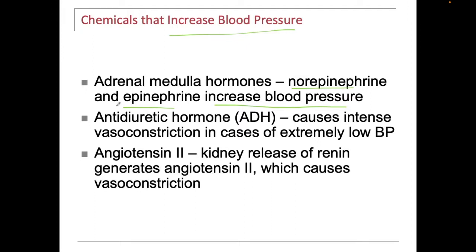Now, the hypothalamus produces ADH, and it's stored in the posterior pituitary, antidiuretic hormone. That causes intense vasoconstriction in case there's extreme low blood pressure. If you vasoconstrict, you're going to increase blood pressure once again. Then we have angiotensin 2. Your kidneys release renin. How do we know that? Look at the first three letters of renin, it's ren, like renal. Renal is kidney. So the kidneys produce renin, and what renin does, renin converts